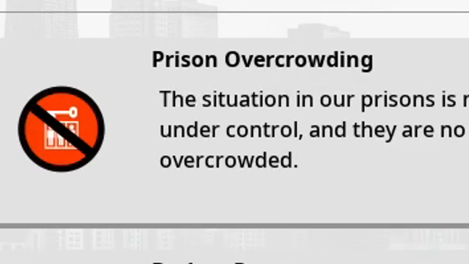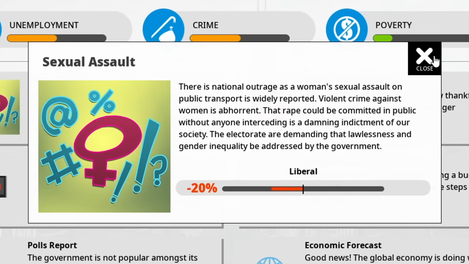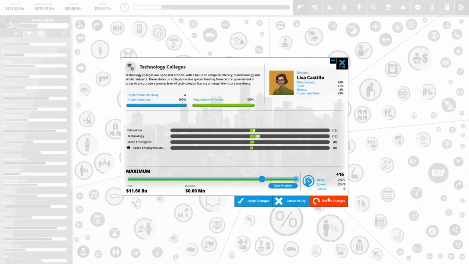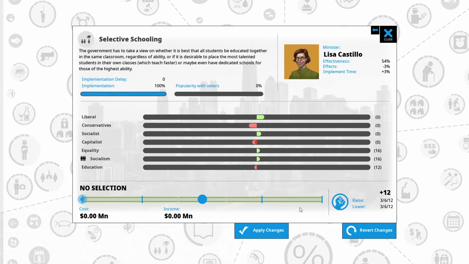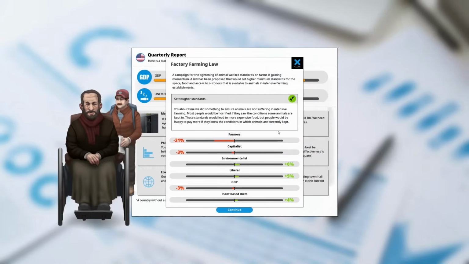The good news is that prisons are no longer overcrowded, but women are still suffering sexual harassment at the hands of capitalist inequality. In an effort to right this wrong, our administration sets about subsidizing technology schools and abolishes selective schools entirely to foster socialist solidarity. But solidarity doesn't end with our own species, and in our quarterly report, we opt to implement regulations to curb